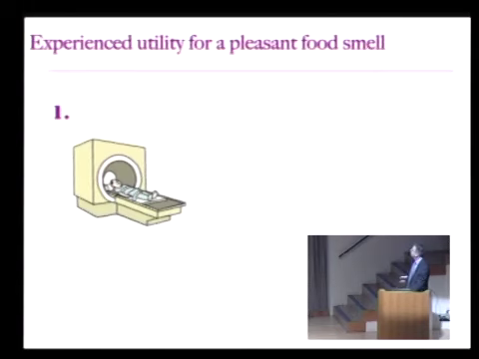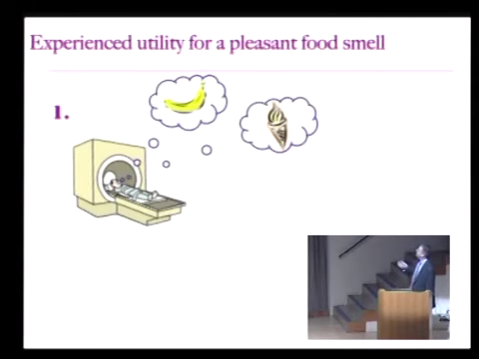So we've got that. And what we can actually do is deliver different odors, okay, different food smells. So they're sitting in there, and we're pumping in these smells, and it's either the smell of banana or the smell of vanilla, okay? And the other thing I should say is that the person is hungry. So clearly, a bakery doesn't smell good if you're full. It only smells good when you're hungry, okay? So these people are hungry, and they're smelling these food smells. And we measure activity to both of these things.